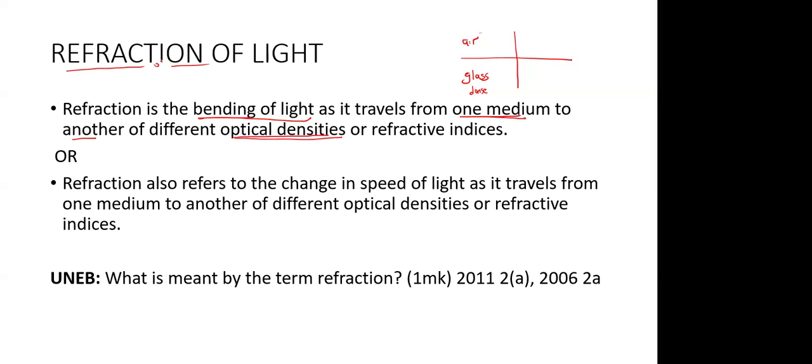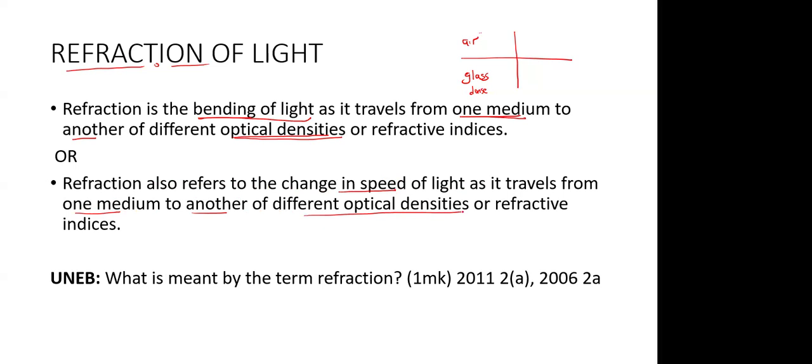So when we talk about refraction of light, we are looking at the way the speed of light changes when light is moving from one medium to another of different optical densities. Let me hope we are fine on that. There are two ways you can define it. You can define it in terms of the speed of light, or in terms of the bending of light. When you are defining, please take note of the keywords. In terms of speed, at times you can even use velocity, it is no problem: the change in the speed of light as it travels from one medium to another